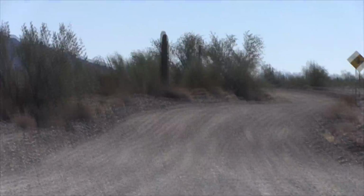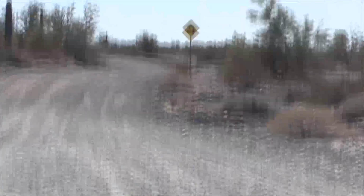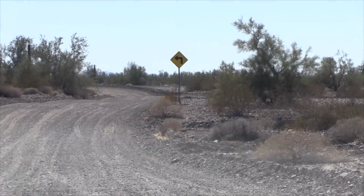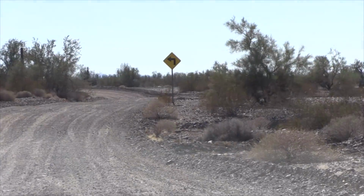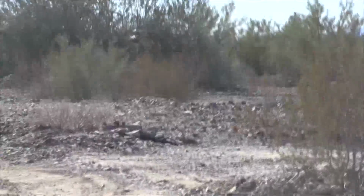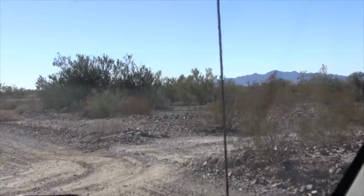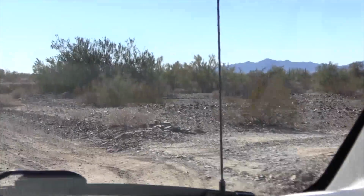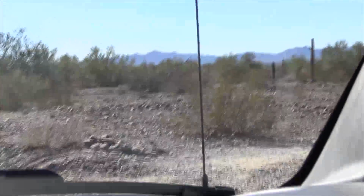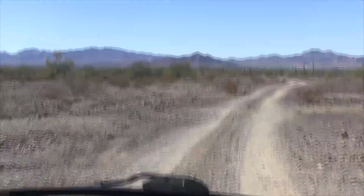This is, let's stop here. So this is actually where the RTR will be. There's the curve sign, and the curve it's just around the corner there. And this is the turn in. It's a little hard to see again, and so we'll go ahead and turn in, even though there's no one in it. There'll be ribbons. And I'll have ribbons out by the time the RTR gets going. I will have ribbons out, and I will have a big sign out,